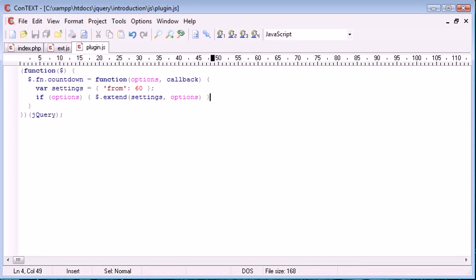...to options, which is essentially just merging two arrays. So, okay, let me start from the beginning. This is mentioned in other tutorials, but I'll go ahead and mention it again. We are just setting a default value for from. However, if the options are set, we want to go ahead and merge settings with options,